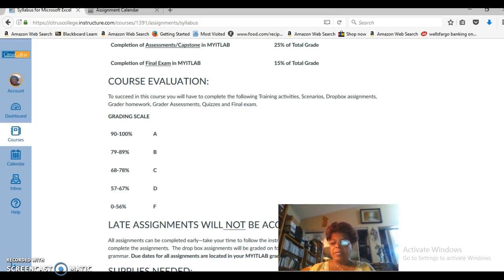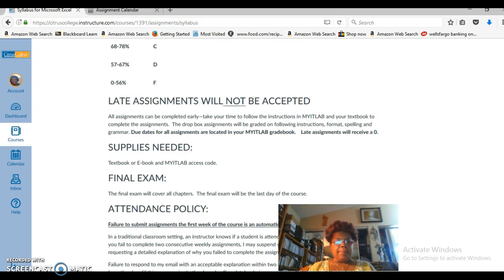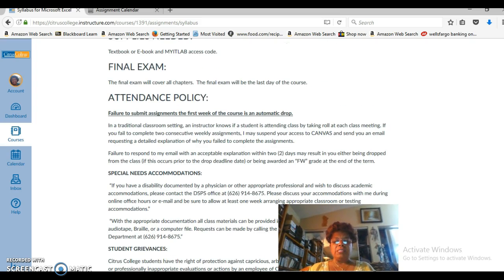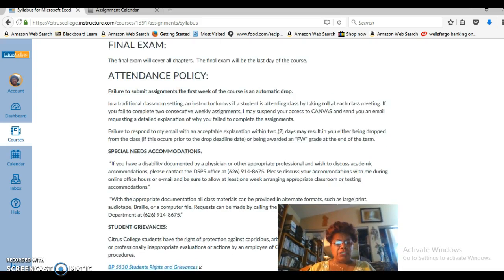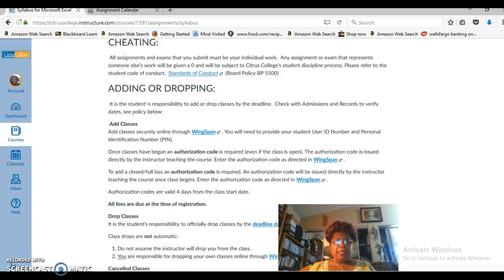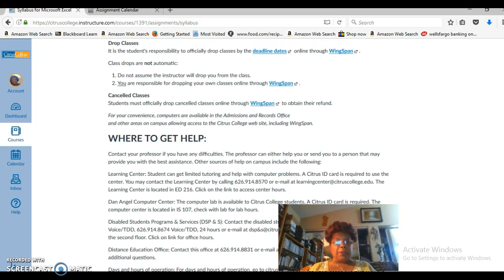Remember, late assignments will not be accepted. You do need the textbook or ebook, but you do need that My IT Lab course code. And of course, if you do not turn your assignments in, then I will drop you from the course. If you do not turn the assignments in for chapters 1 and 2 after the first week, you'll automatically be dropped from the course, because there's no way you can pass a course missing that many assignments initially. You must do your own work, upload your own work. And it's usually